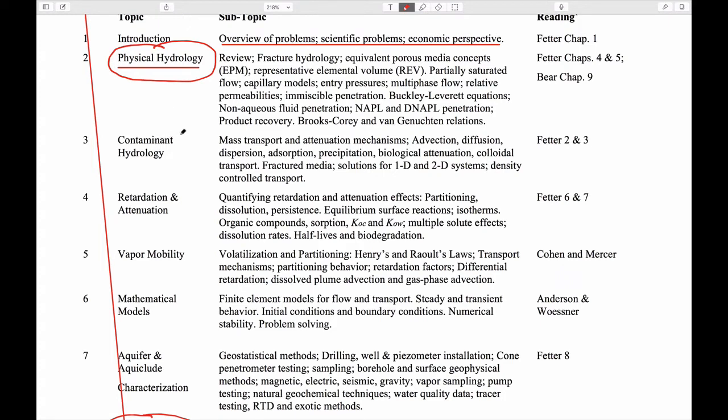Once we've talked about the physical hydrology of those multi-phase systems, we'll talk about the transport of contaminants, how they are dissolved in water, how once they're dissolved they're transported by both advection and diffusion, and how they ultimately may be retarded or attenuated in their advance by their interaction with the porous media that